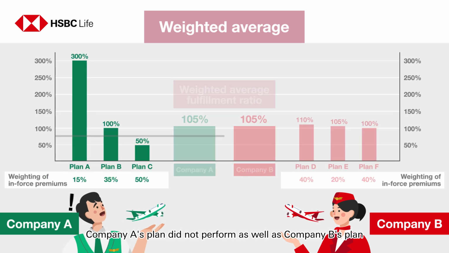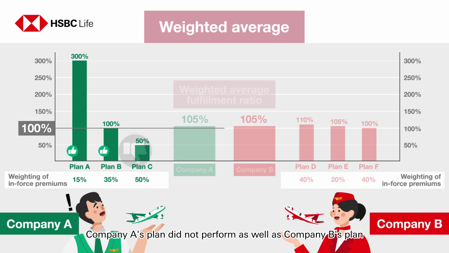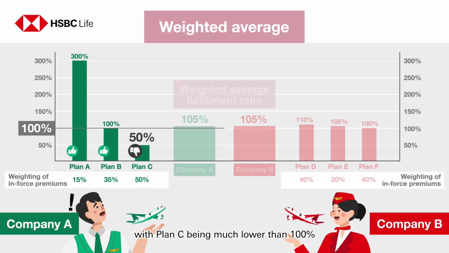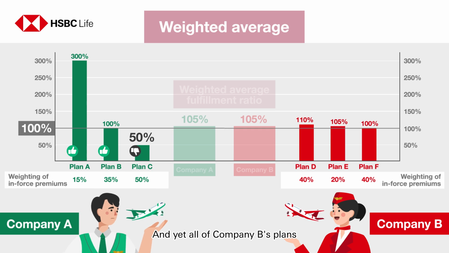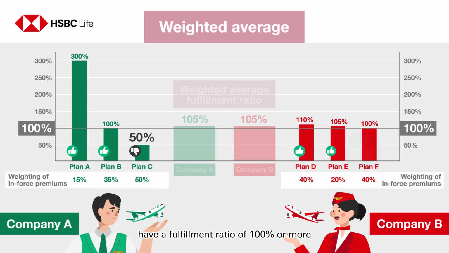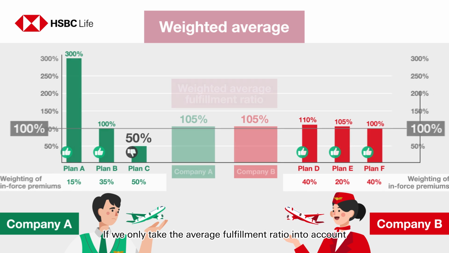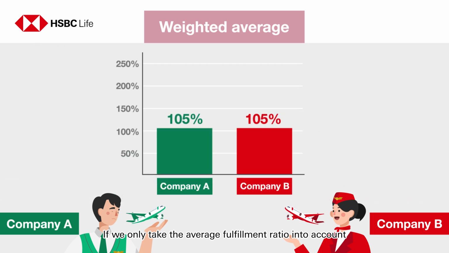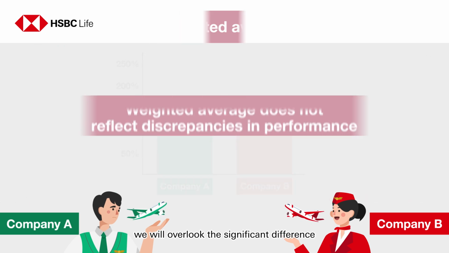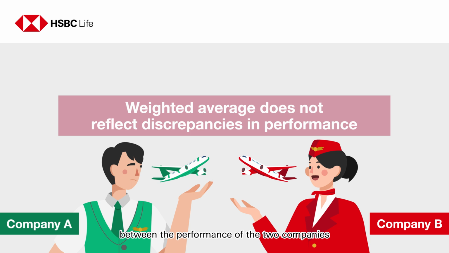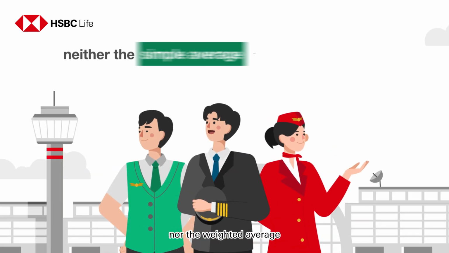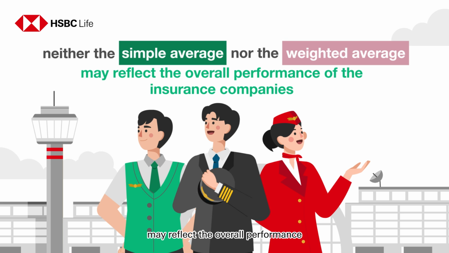However, Company A's plan did not perform as well as Company B's plan, with Plan C being much lower than 100%. And yet all of Company B's plans have a fulfillment ratio of 100% or more. If we only take the average fulfillment ratio into account, we will overlook the significant difference between the performance of the two companies. This shows that neither the simple average nor the weighted average may reflect the overall performance of